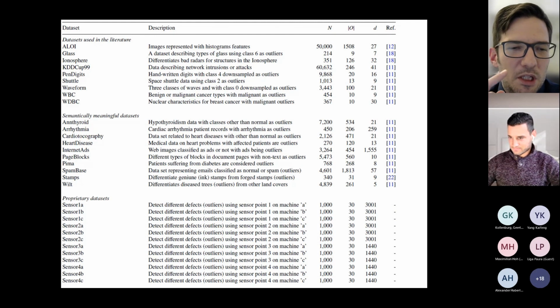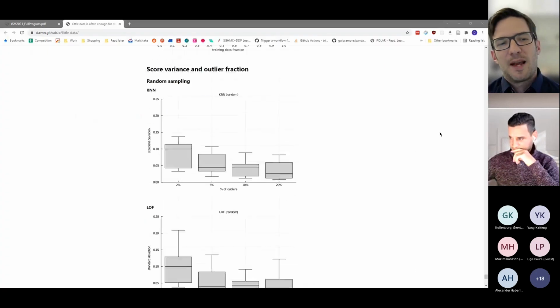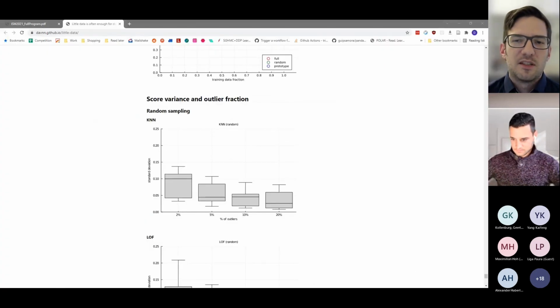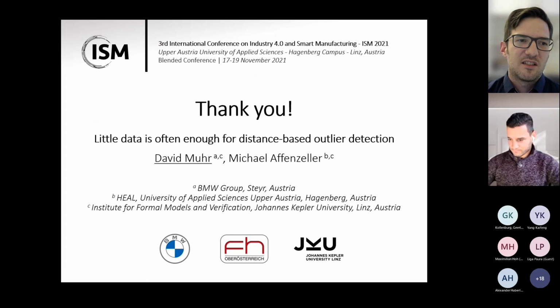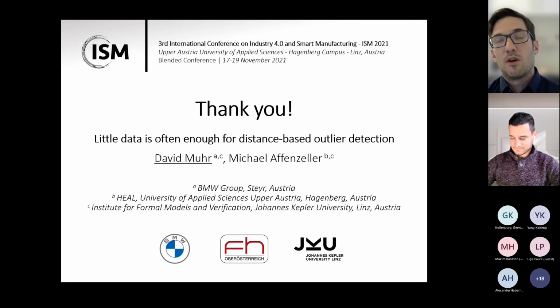Sure, but I think it would be interesting to investigate how low I can actually go without decreasing my accuracy, which brings me to my next question. Have you observed any pattern with respect to the groups of datasets? For example, are the datasets drastically different from the ones in the literature, or are your methods conditional on the number of samples that you actually have? Because I suspect if I only had 50 data points, then I would have to use a different